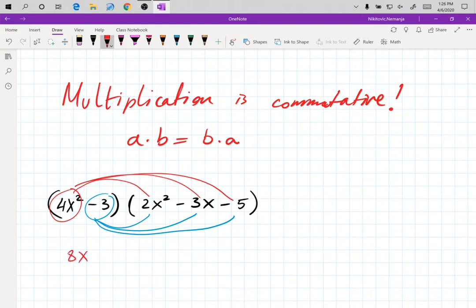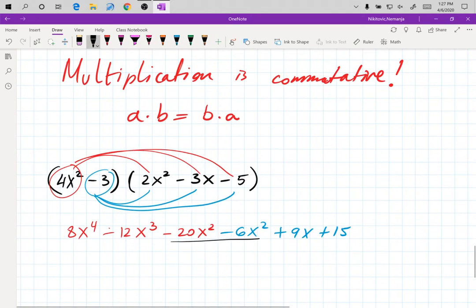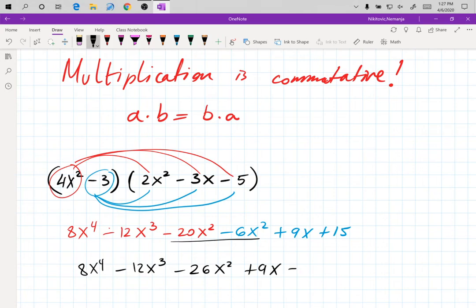So 8x to the 4th plus minus 12x cubed minus 20x squared minus 6x squared plus 9x and plus 15. And if you take a look at these, these are like terms. So we have 8x to the 4th minus 12x cubed minus 26x squared plus 9x plus 15,